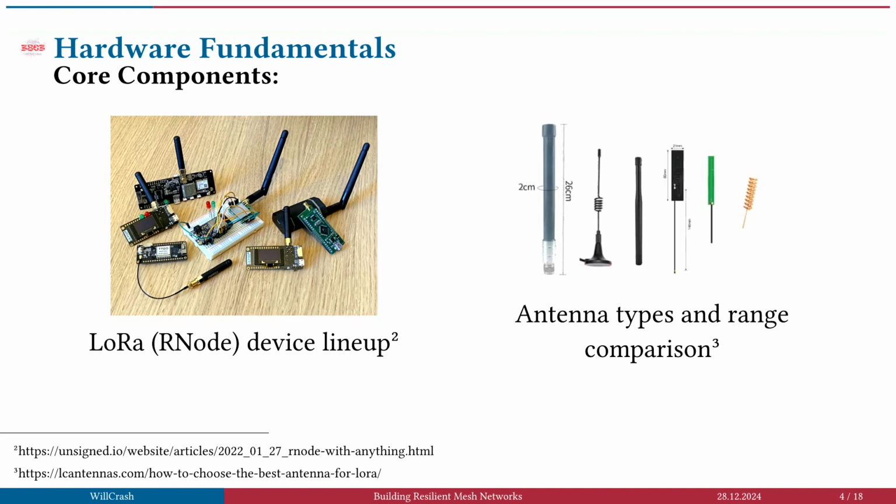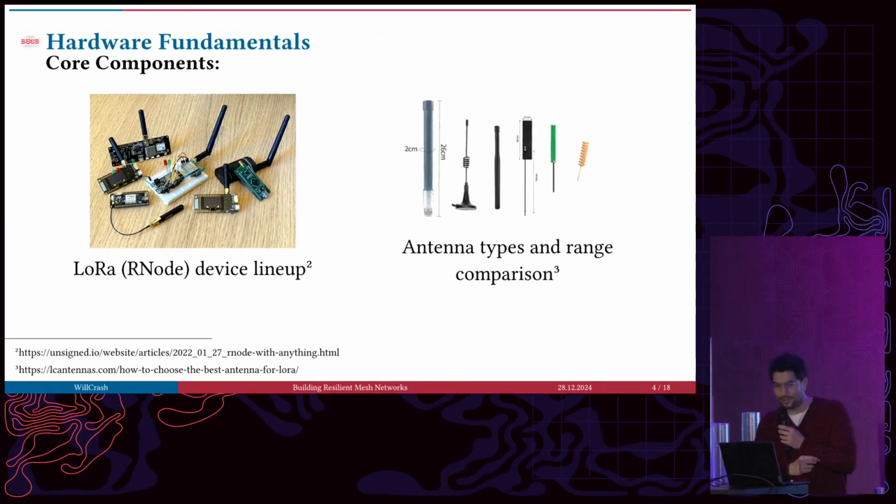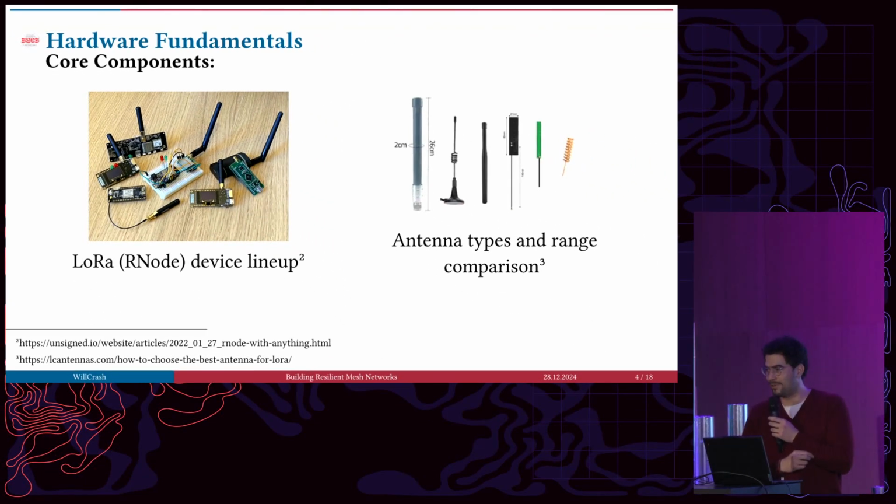I missed my pointer. I'm sorry, I could have pointed it out, but there are some Heltec. Most of the boards are ESPs. There are also some Raspberry Pis or Nordic dev kits, which also come with the chip. The important thing is, inside of the chips are the Semtech LoRa chips, which again are proprietary hardware. So it would be really nice if in the future we could go completely open hardware. But until now, it's not possible.